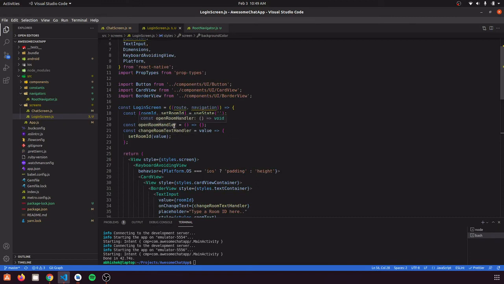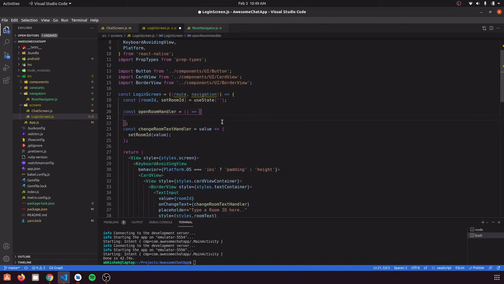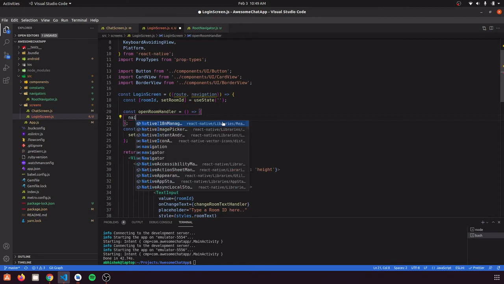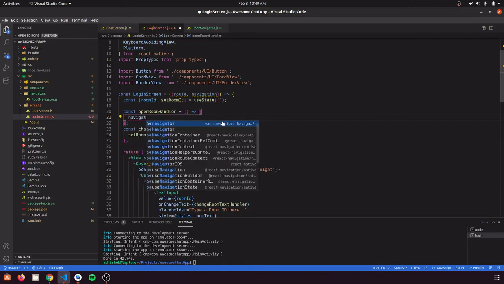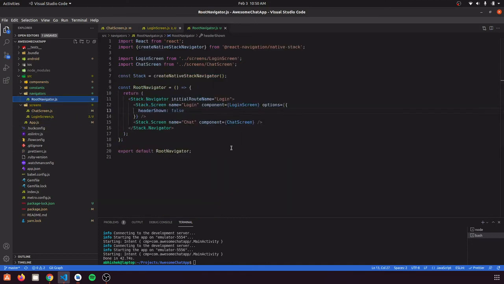So whenever we press on that button, this open room handler would be called, and for navigating to that room, we are going to use navigation, that is this object dot navigate, and navigate's first prop would be the name of the screen that we have defined here, that is login and chat.